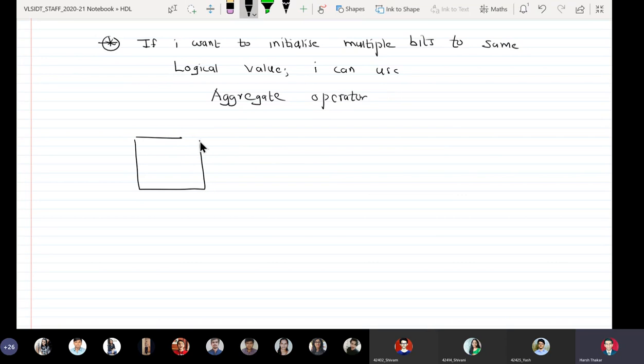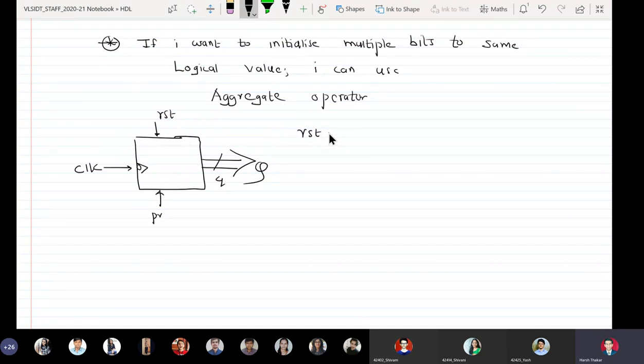This is a counter. For example, if this is a 4-bit counter and it is negative edge triggered, and here I have reset and here I have a preset, right? So you see here that reset and preset are active high. That means what?